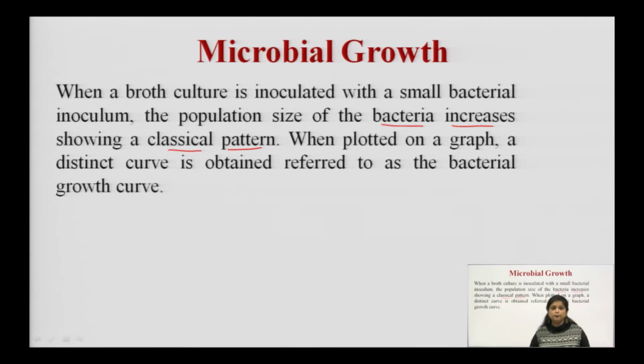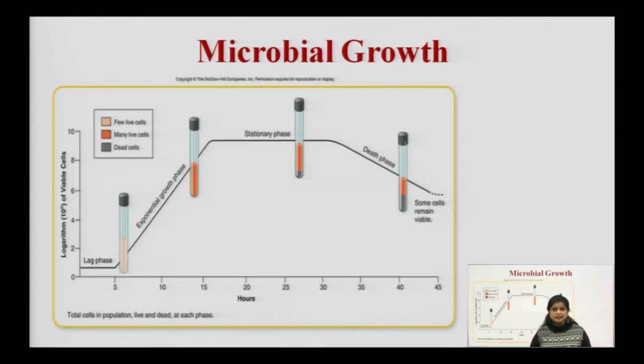And how we can represent our growth curve, you can see in my next slide. There is an exponential increase, as in the previous slide I was saying that bacteria increase exponentially from 1 to 2 and from 2 to 4. Similarly we can represent it in this way, that we have plotted a graph. On the x axis we can take the time period, and on the y axis we can take the number of microorganisms which are increasing, and the whole growth curve can be divided into 4 parts.